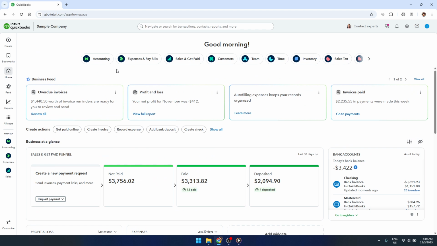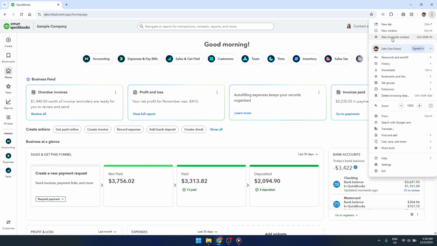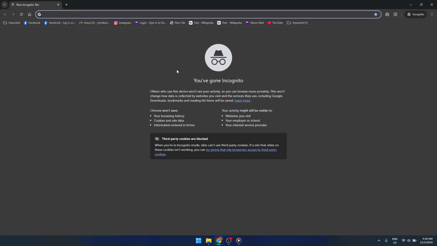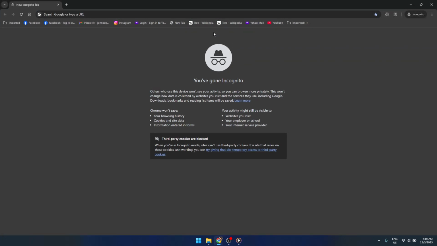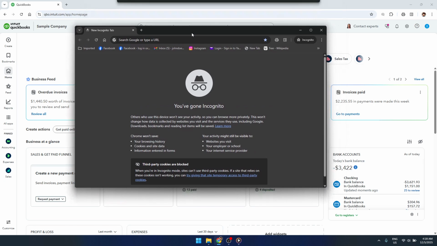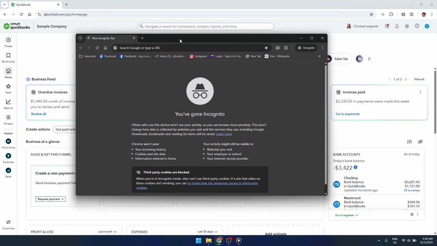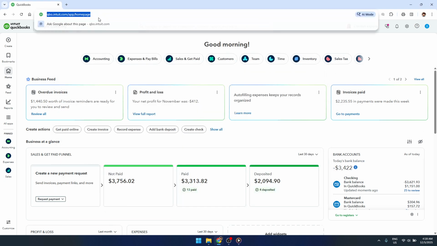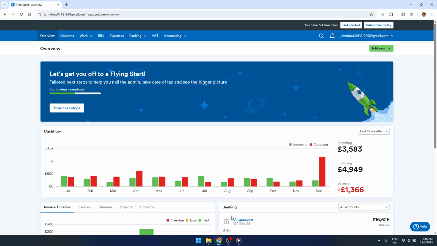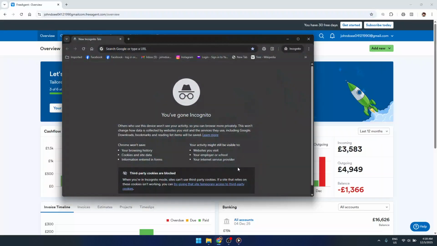First, try using an incognito window in Chrome. Incognito mode runs Chrome without most extensions and uses a fresh, temporary cache. To open it, click the three dots in the top right corner of Chrome and choose New Incognito Window. A new window with a dark background will open. In that window, go to the QuickBooks Online login page and sign in as you normally would. If it works fine there, that's a strong hint that your regular browser cache or an extension is causing the